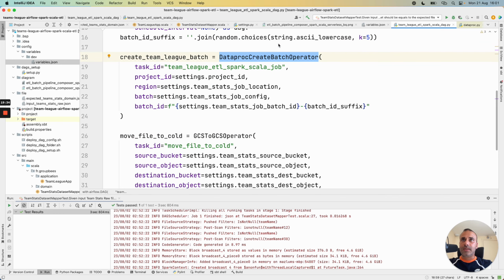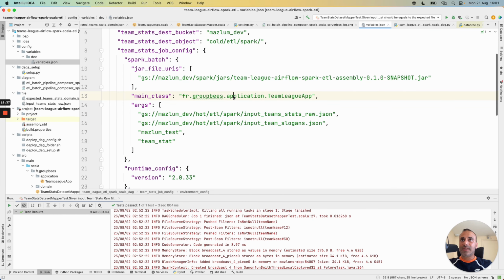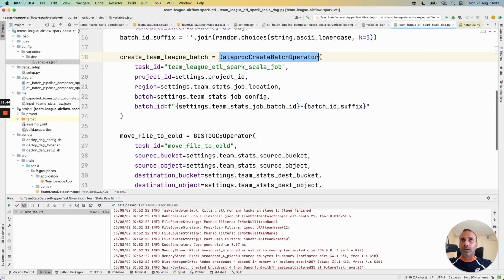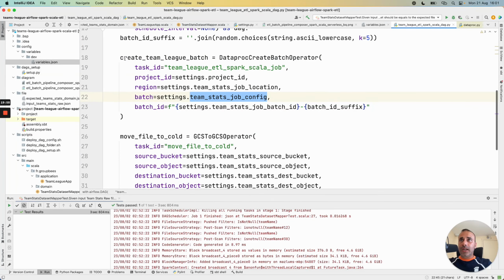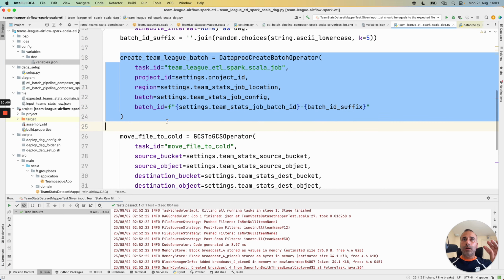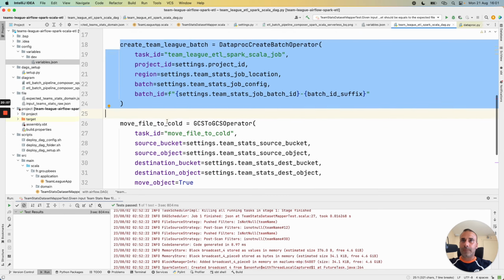In this case, we directly passed our configuration as expected in the API and also in the operator, and it's easy then to pass it in our Python configuration and DAG configuration and pass it in the DAG. It's okay for the launch of the Dataproc serverless job with Spark Scala.